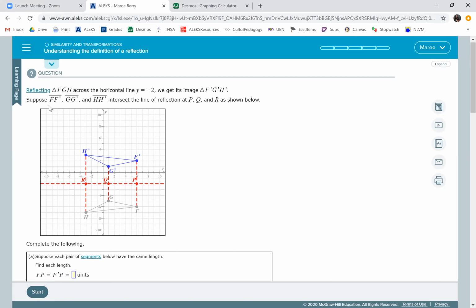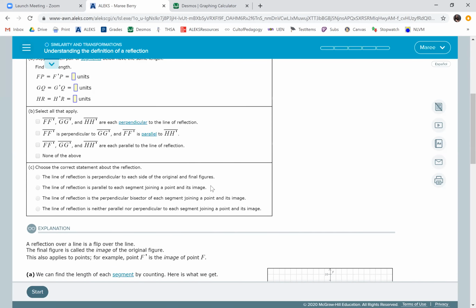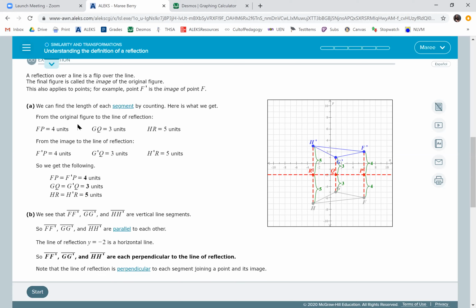Suppose segment F F prime, segment G G prime, and segment H H prime intersect the line of reflection at P, Q, R as shown below. So they're just saying that this little segment F F prime intersects the line of reflection at P. Then they have all these questions you're going to ask. It's a lot of words, but I don't want you to stress about it. What they're asking in the first place is just